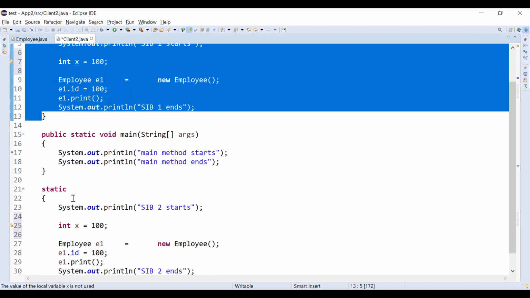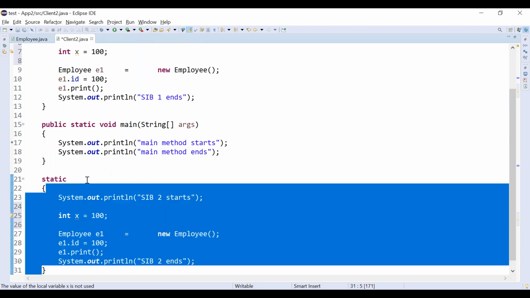In the same way, this x is also specific to the second static block. Correct? So the scope is based on only one block.